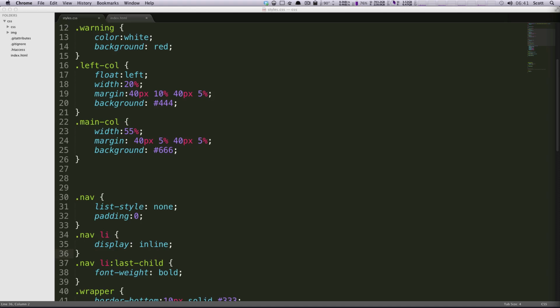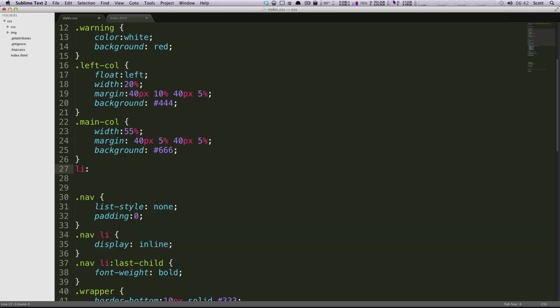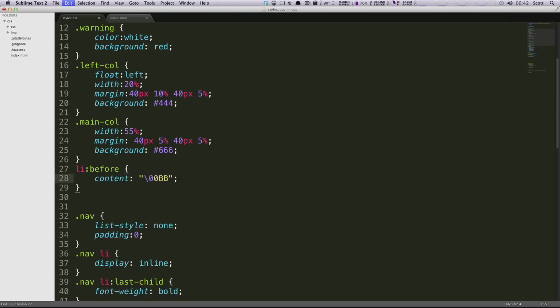nicer looking site. So one of the cool things about before and after is that they're just a little bit different than what we've done before. Before, we added something like hover to add an effect when you roll over. Before and after is inserting content. So let's say we want every single list item on the site in front of it to have a right angle quote. Okay, so I'm going to do list item and then colon before, and then in my brackets here